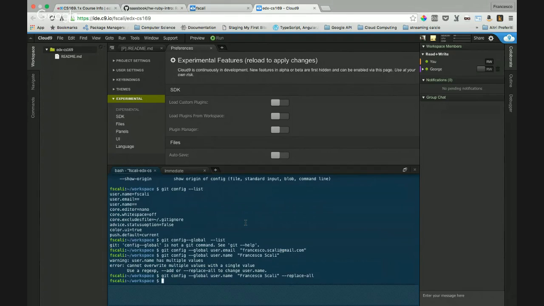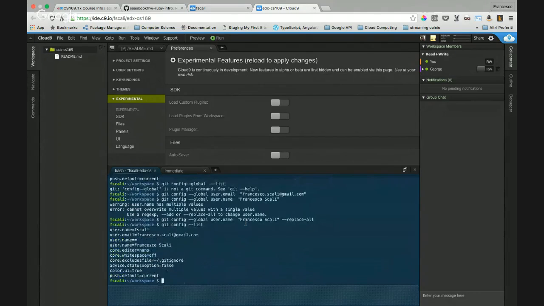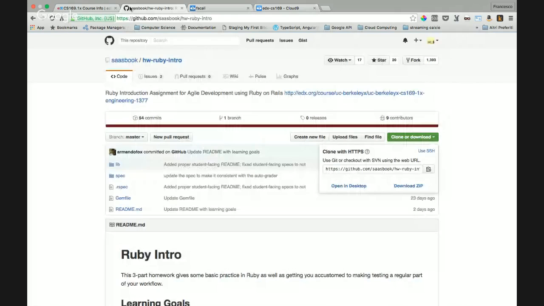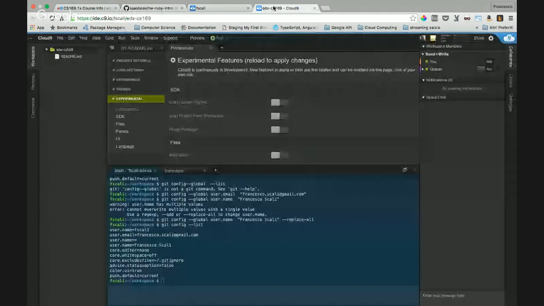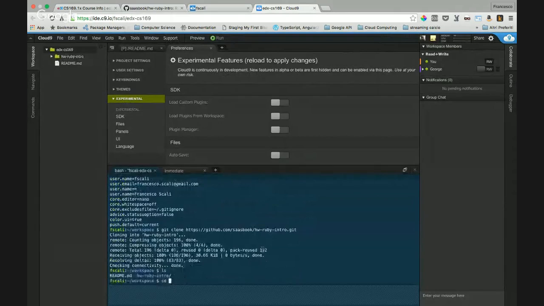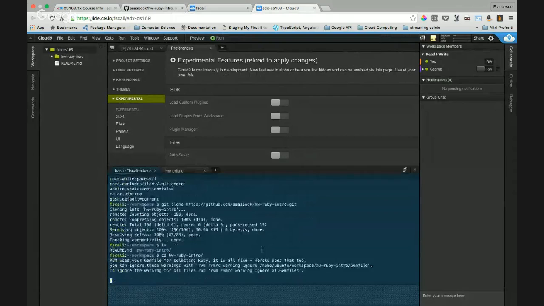Username. I hope it will be correct. So let's start. So git clone. So let's see.